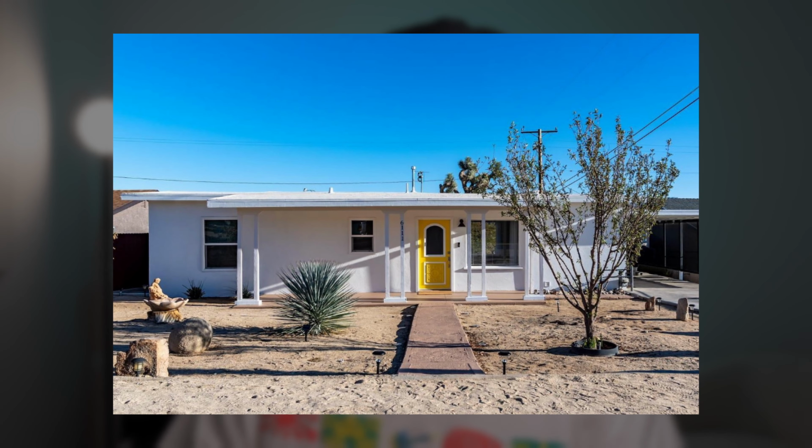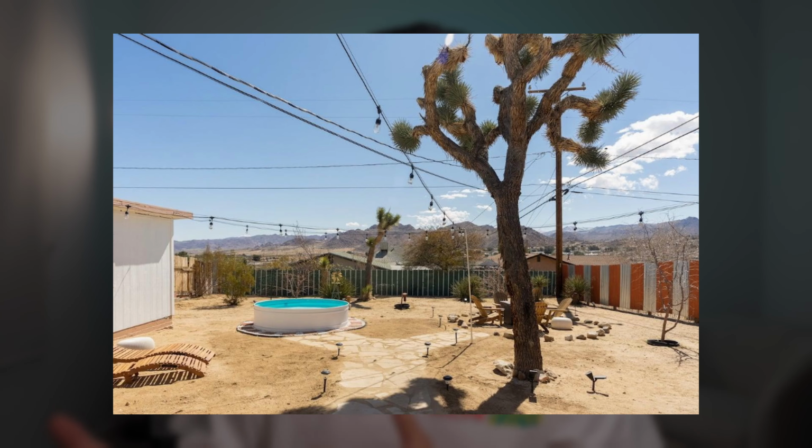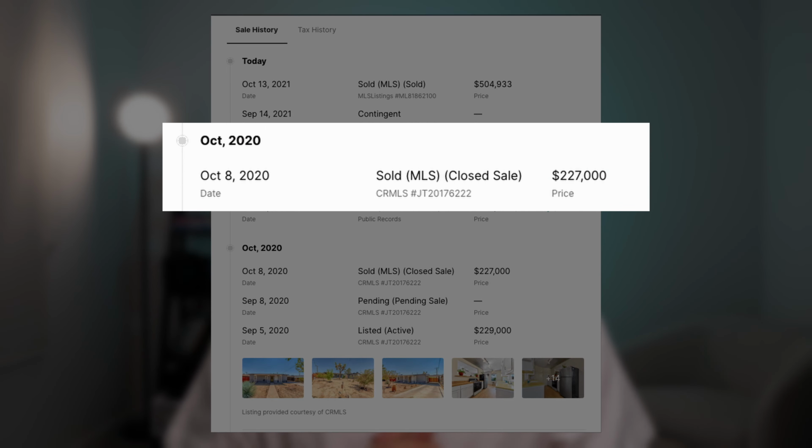Back in October of 2020, I bought an old home in Joshua Tree, California for $227,000. I spent about $45,000 on the down payment and about $25,000 on furniture and renovations to turn it into an Airbnb. And exactly 1 year later, in October of 2021, I sold that property for about